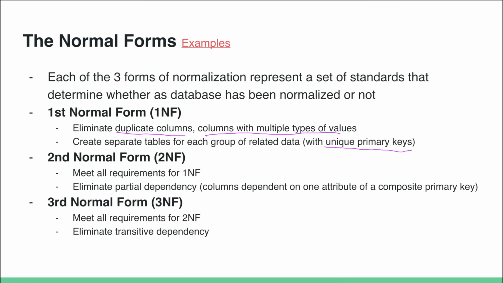Now, the problem with normal forms is that if you look online or in a textbook, they explain normal forms and distinguish between the first, second, and third normal forms in different ways. For example, some sources will say that the first normal form mandates unique primary keys, while others will say that the second normal form mandates it. I think the IB exam actually had primary keys in the second normal form, but